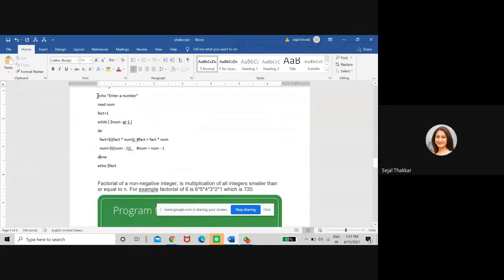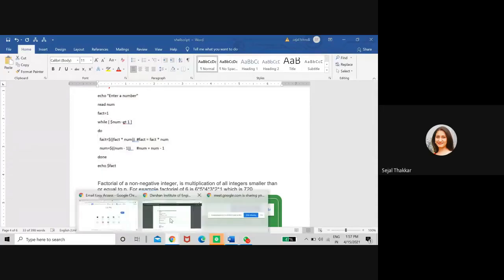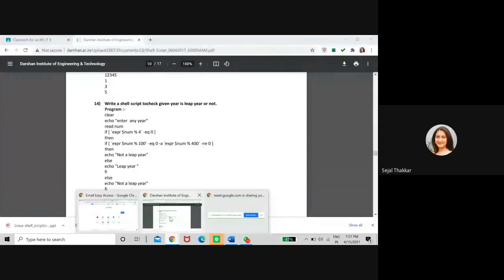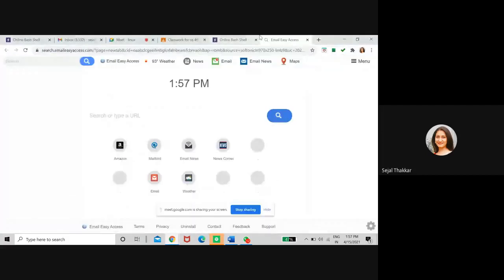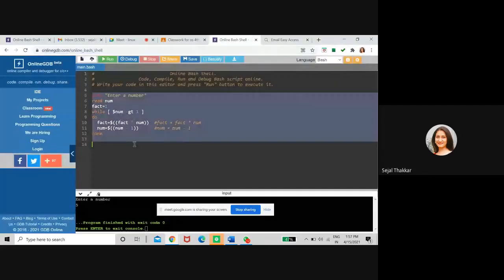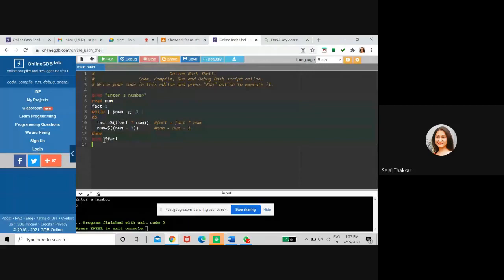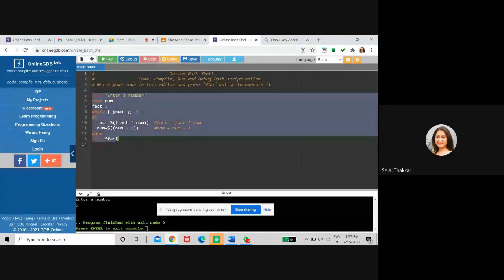Here we are not using any kind of brackets or curly brackets. In place of curly brackets, we are using do and done. I have taken the factorial of 5, which is 120.